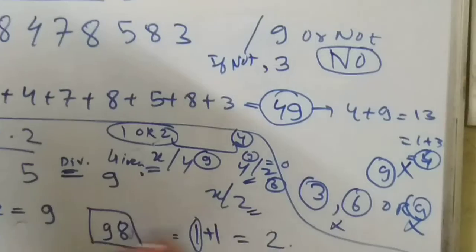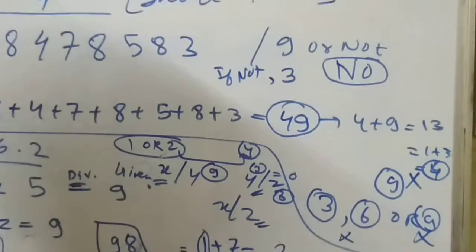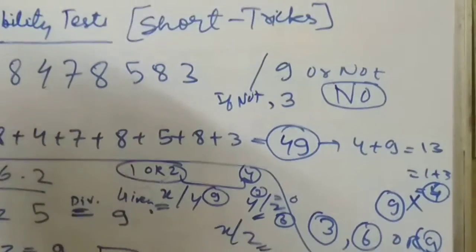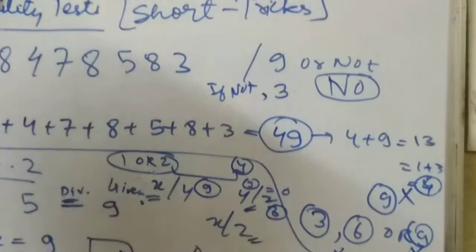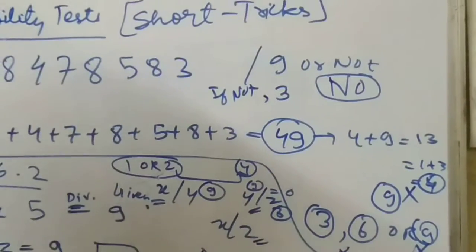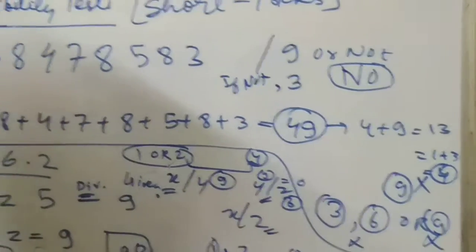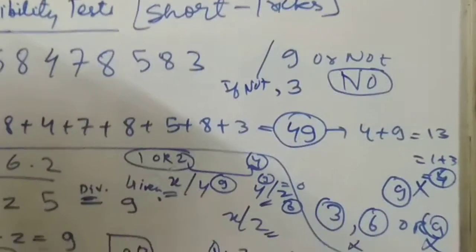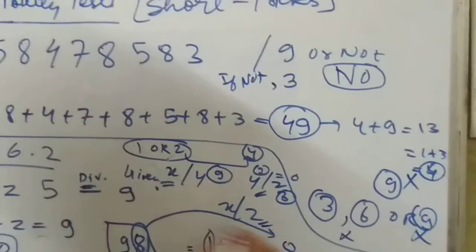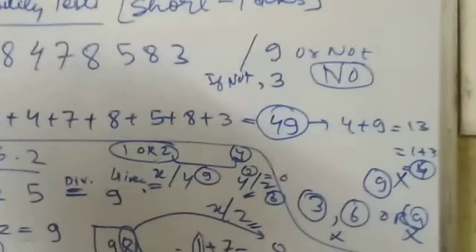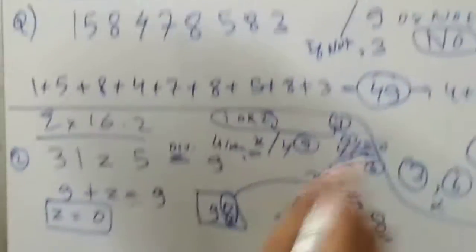Now if I take here 8, here it will be 7. How? 9 plus 17, 1 plus 7. That means here it will also be 8. That means you can see that after 90, whatever number you are adding, you are getting the same remainder. See, if I put here 8, the remainder is also 8. Earlier I had put 7, no? 1, 2, 0. You are getting the same.